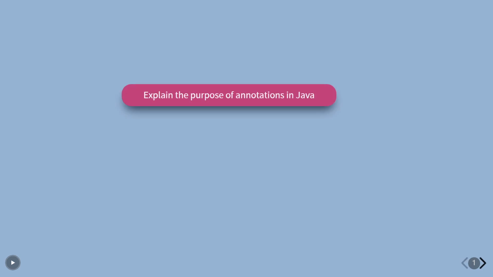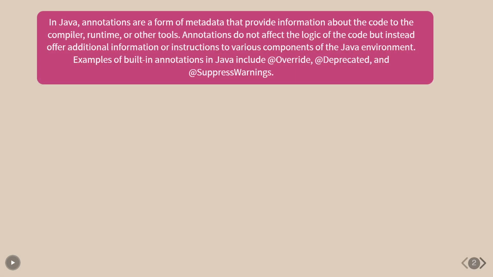Explain the purpose of annotations in Java. In Java, annotations are a form of metadata that provide information about the code to the compiler, runtime, or other